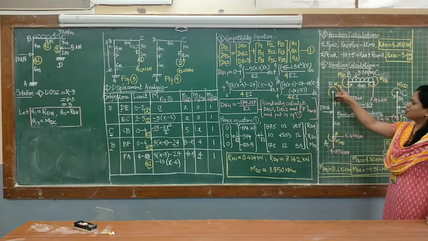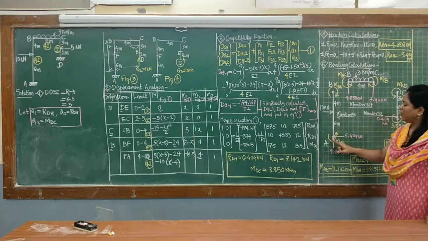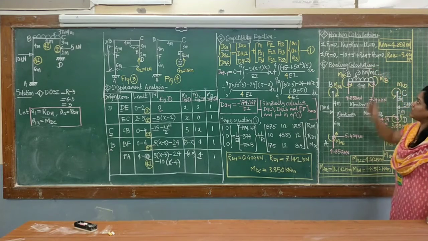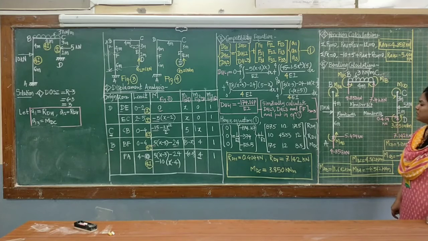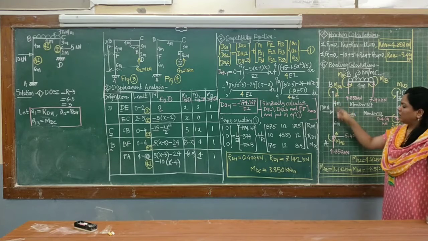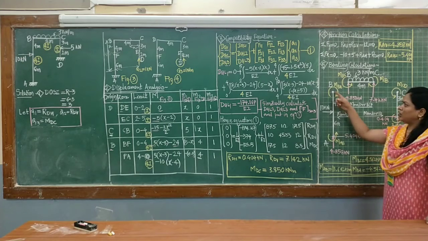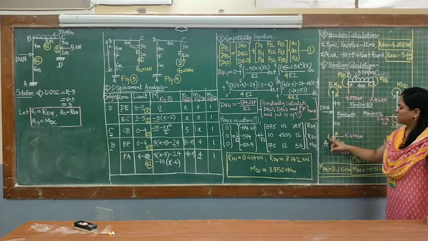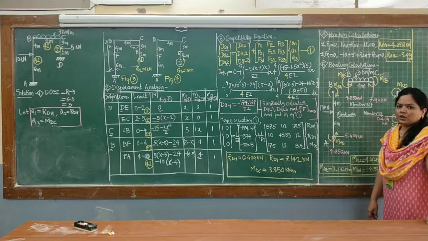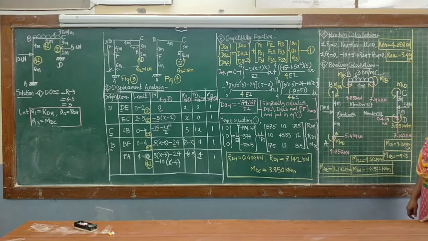Now for member AB, the original loading is shown, support A, and all values we have calculated except MAB. The reactions that we have calculated in the fourth step from summation Fy, summation Fx equal to 0. So here take the moment about point B, or you can take the moment about A also. Taking the moment about A or B, you will get the value for this MAB. So MAB equal to 18.602 kilonewton meter. So here you got all the moment values, all the reaction values.